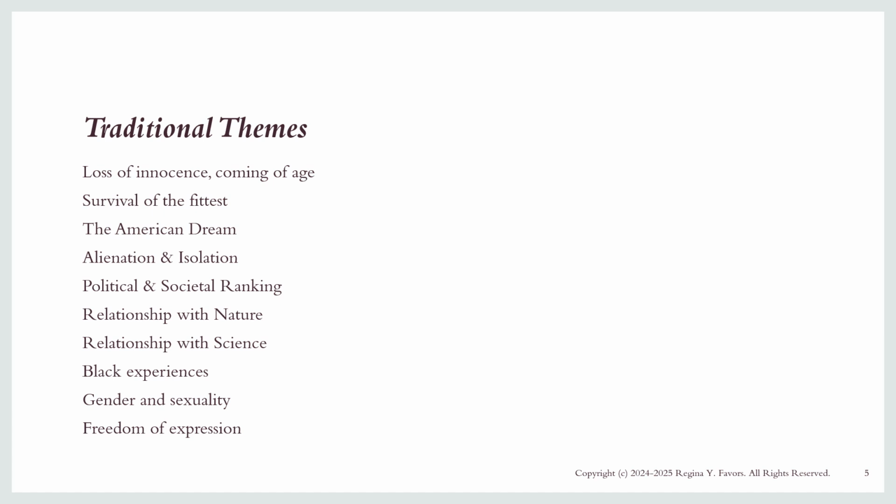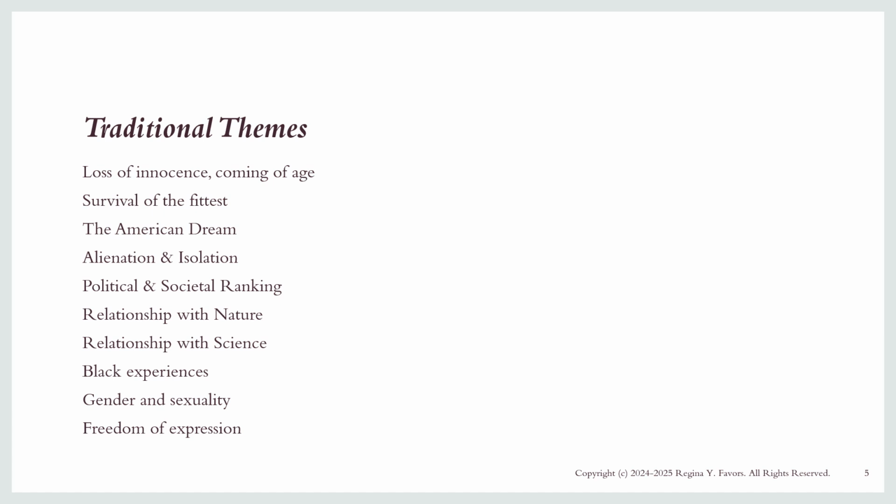Then we have political and societal rankings. So as some of the colonists came to America, they still maintained their social hierarchies. And so you will see that explored within the works, as well as during slavery, of course, you had hierarchy between master and slave. Then we have literary works that explored the author's relationship with nature